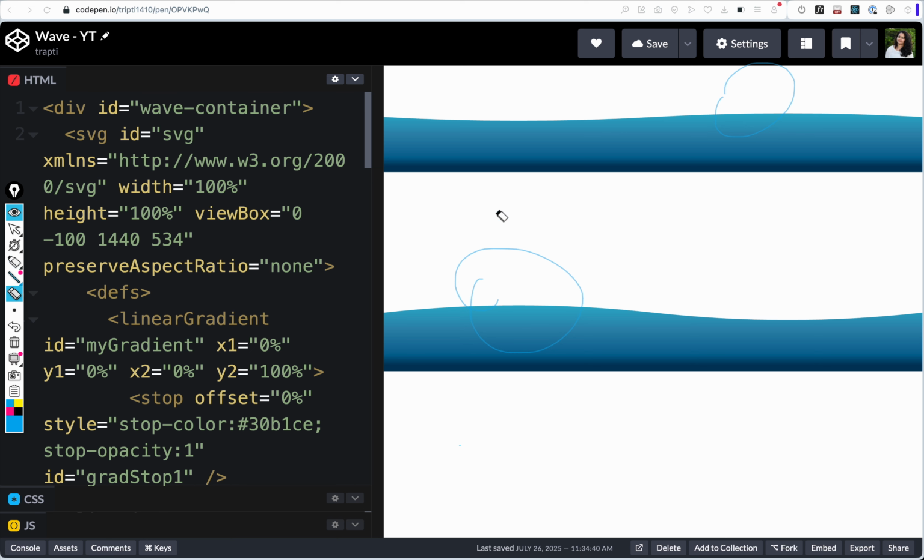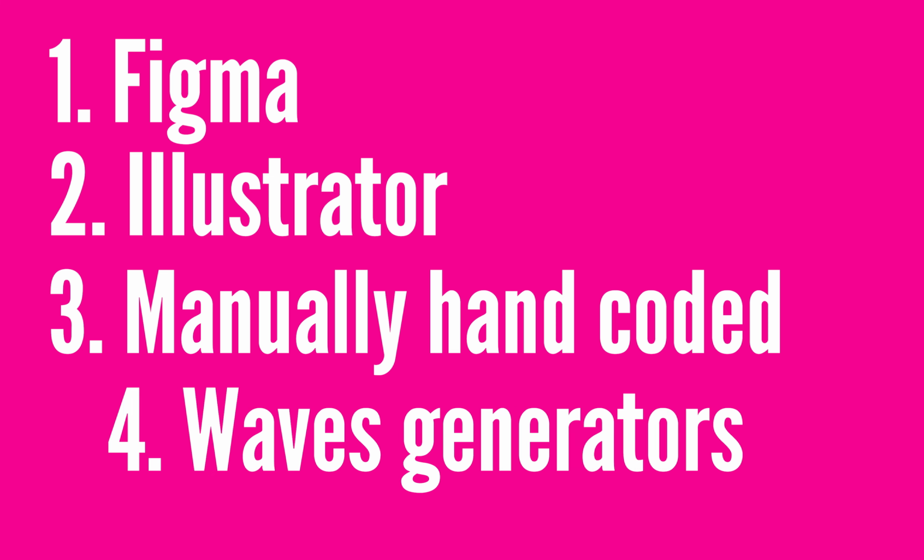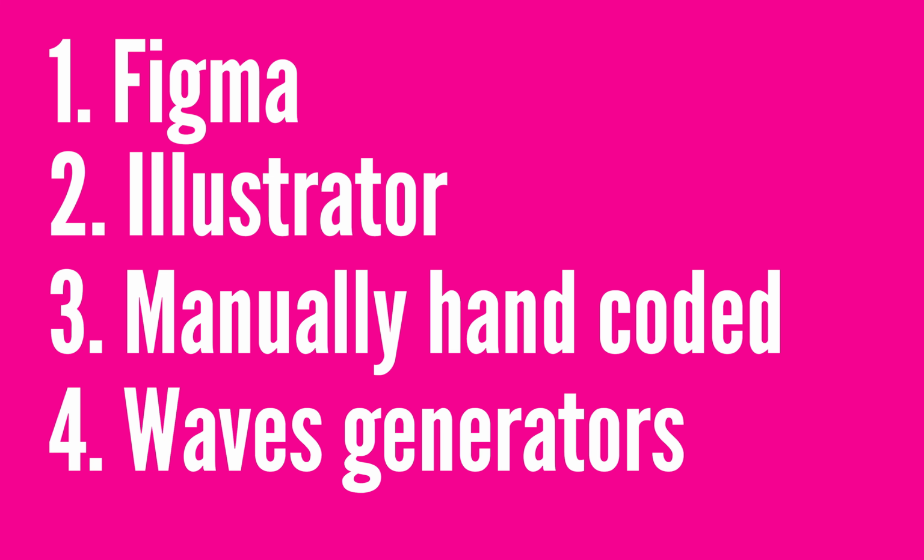Now, just to explain how these individual waves work, I created two different SVGs, but in general, you just need two different paths. How to create SVG waves? You can create SVG waves using any tool like Figma, Illustrator, or even by writing SVG code by hand if you are familiar with it. For shapes like waves, hand coding is actually quite doable, but there is an even easier way.